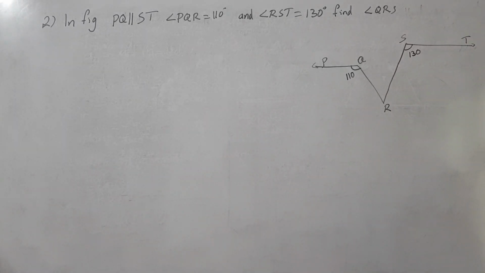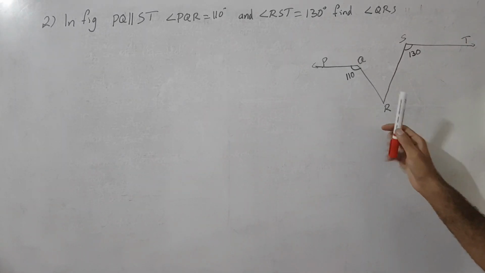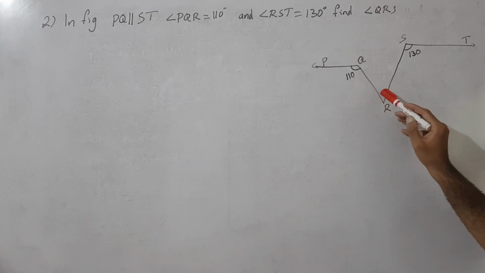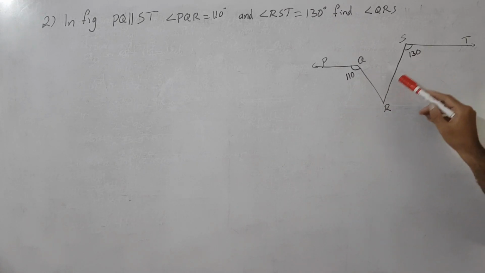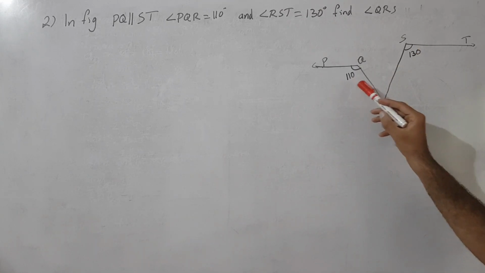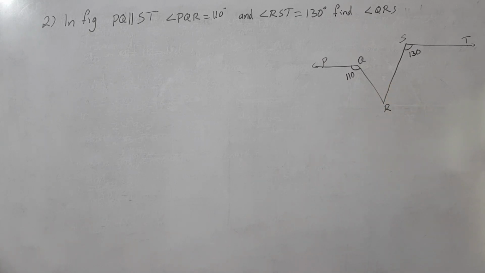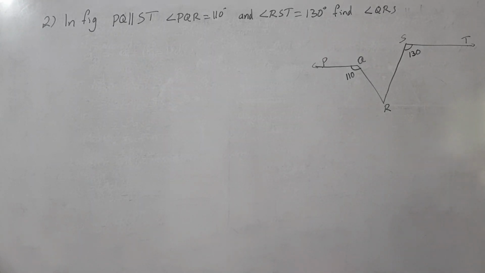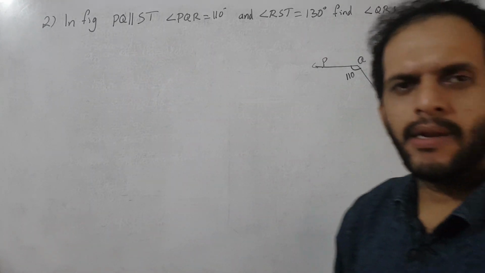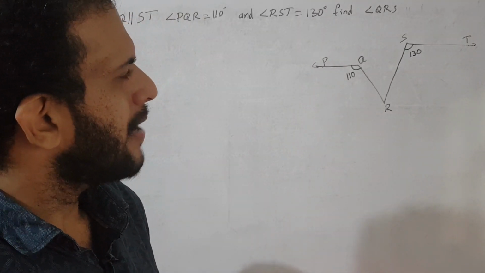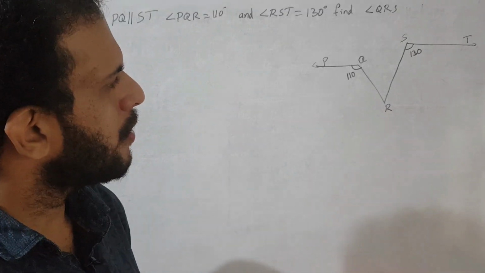Is there any relation between 110 and QRS? We didn't get any relation between these two, and here also we get no relation. To find the angle value of QRS, we don't get any relation between the given angles and angle QRS. It is already given PQ is parallel to ST, but it is not possible to apply any properties of parallel lines directly. So what is next? Next, to find the angle value of QRS,